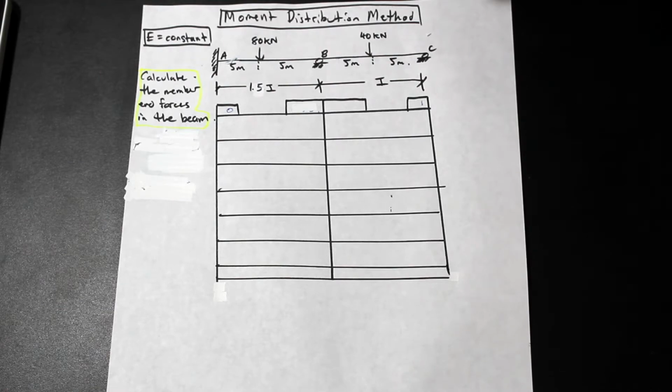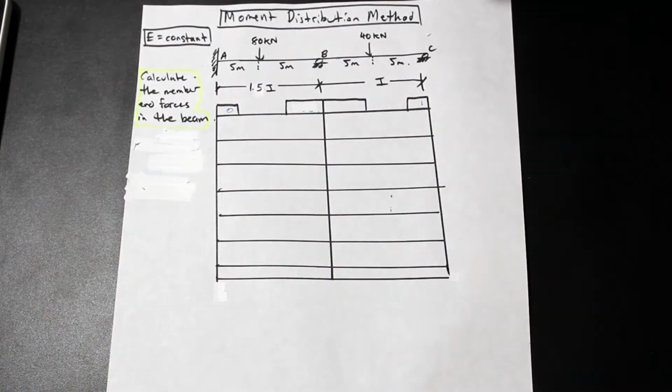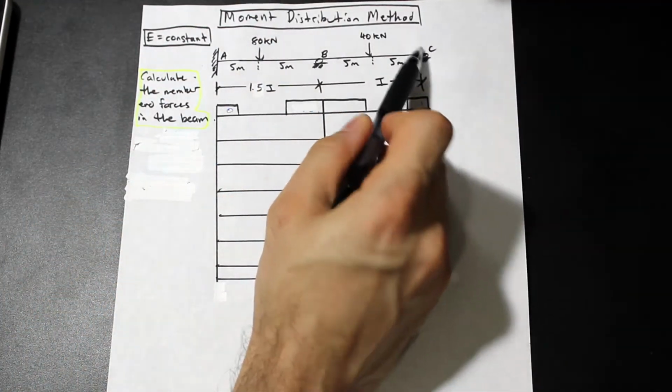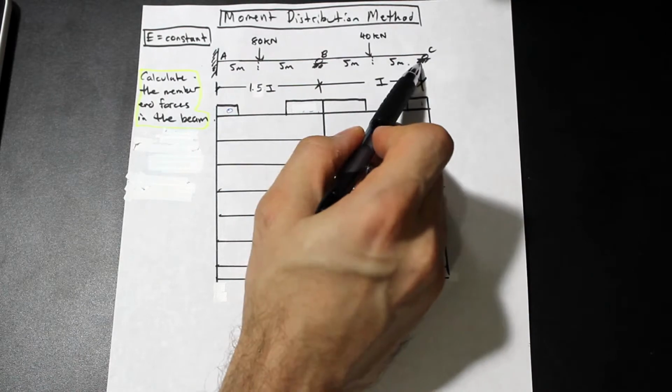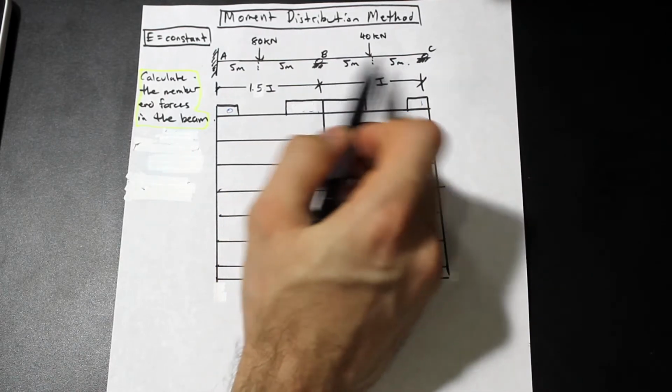This one is going to cover a continuous beam where we have a fixed end on one end, roller support in the middle, and then on the other end now we have a roller support. So in the first video we did our explanation video, you had a fixed support on the end too. So this video is going to highlight how to transfer the moments or carry over the moments between two roller